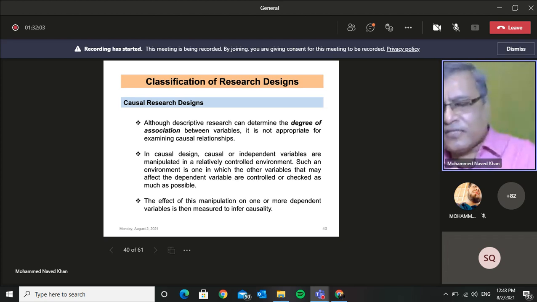Suppose, as far as a particular product is concerned, it's a package, and you realize that maybe the sales are declining because people are having issues with your package design or the package itself. So what you do is manipulate, and you do it in a controlled environment. Suppose you call people to a particular location, and then you ask them: suppose some kind of change is made in the design of the package, and suppose I offer you this particular thing in this new package, then what will be your response to it?